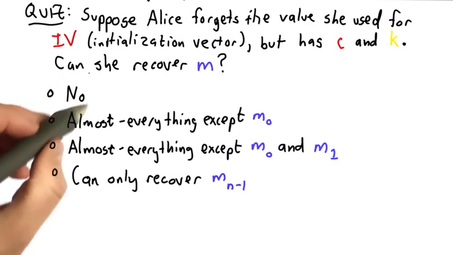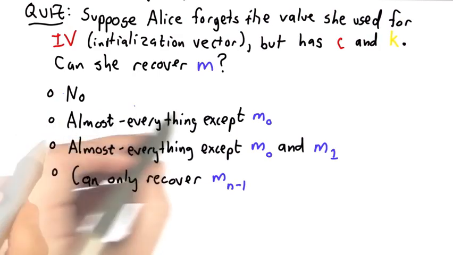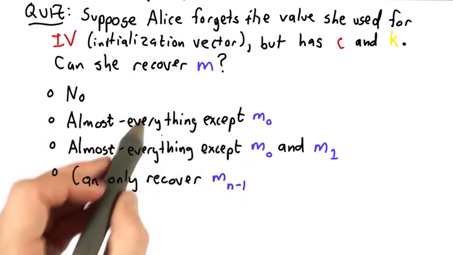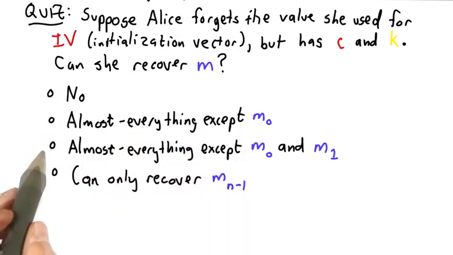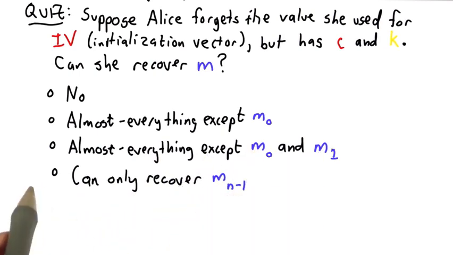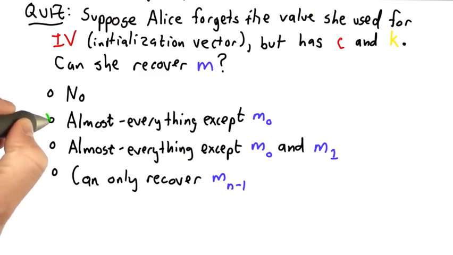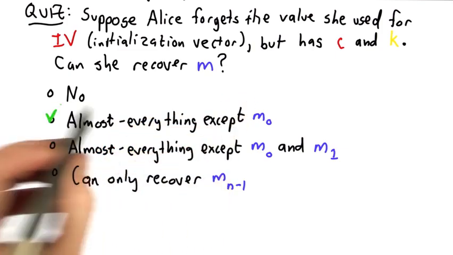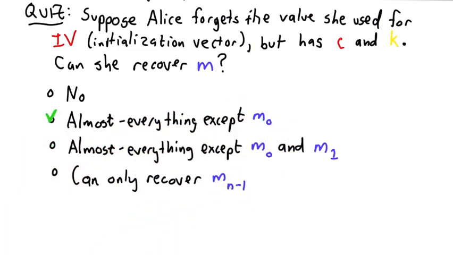So the answers are: no, she can't recover any of M; almost, she can recover all of M except for the very first block; almost, she can recover all of M except for the first and second block; or she can only recover the very last block of M. The answer is the second choice, that she can almost recover the full message, everything except for the very first